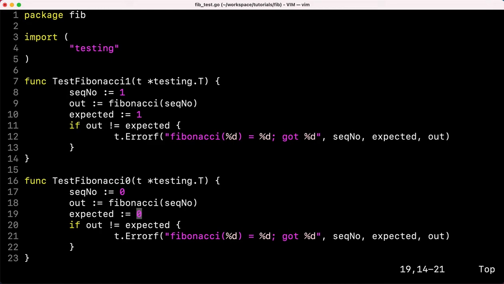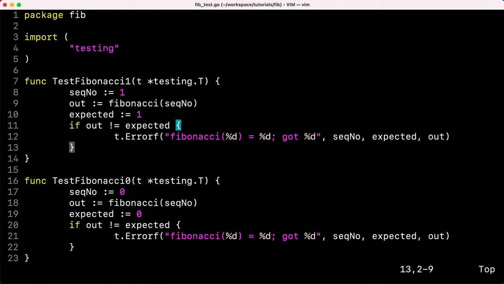You have very, very simple and lightweight function calls and a number of APIs, so just Errorf and Fail. So in this case you can build your own way of writing tests, right? And one of the patterns that we usually use is the table-driven test. It has nothing to do with a library or with a framework-specific thing. It's just that you basically bundle all the test cases together, you loop through them, and you run the test